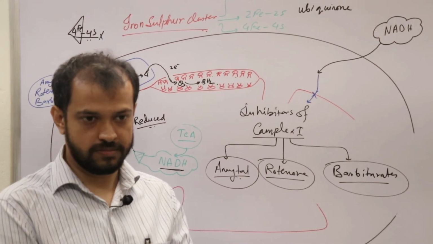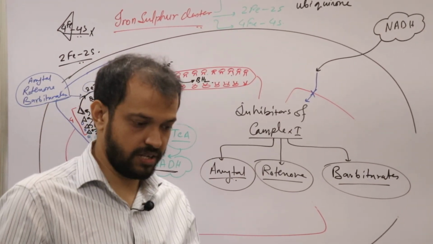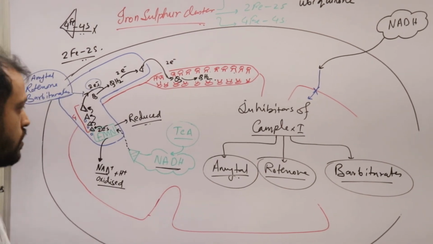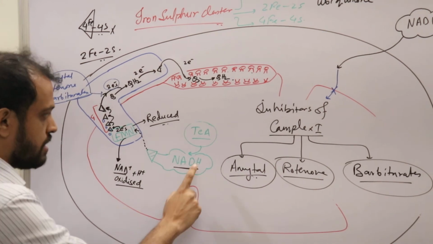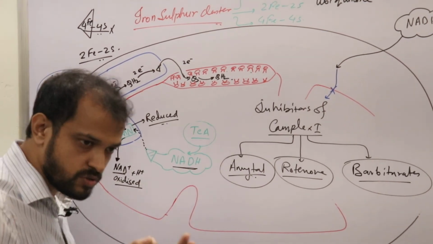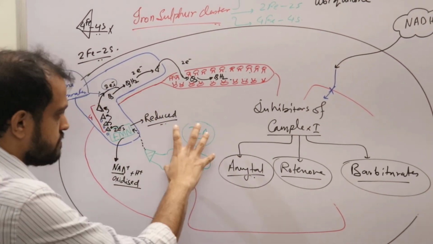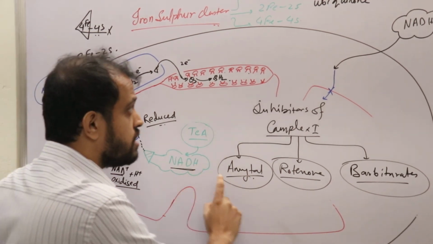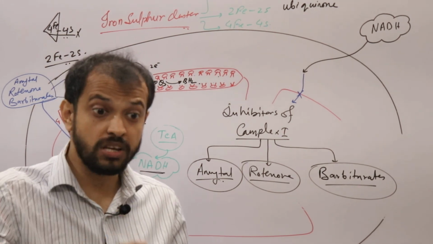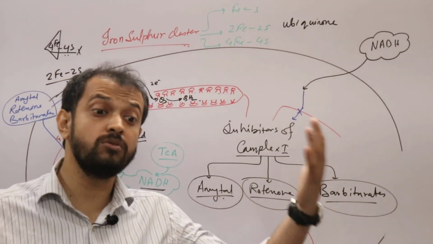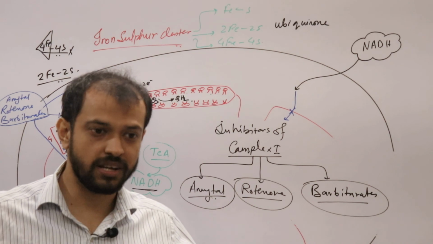How to solve this, right? Listen with all your attention. Whenever I am talking about NADH which is coming from the TCA cycle, I am talking about those NADH which are already present in the matrix. But whenever I am talking about NADH which is coming from glycolysis, I am talking about NADH which is coming from outside the matrix or outside the mitochondria. That poses